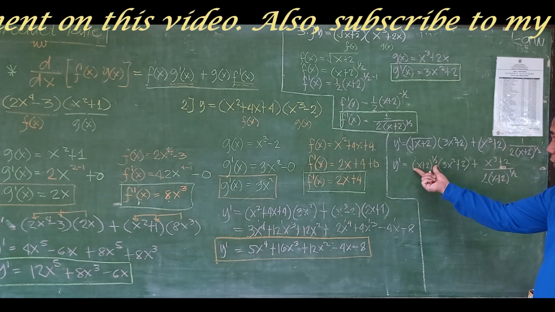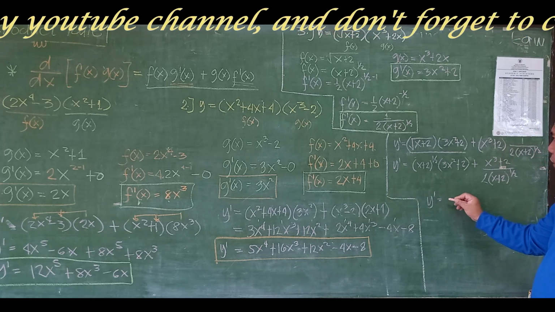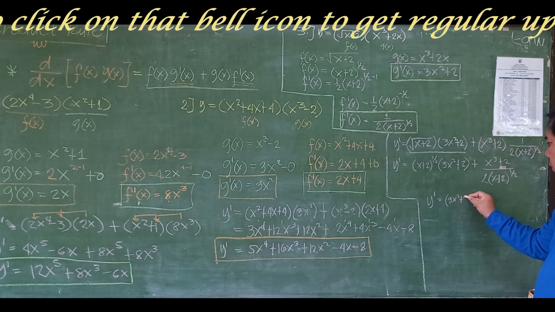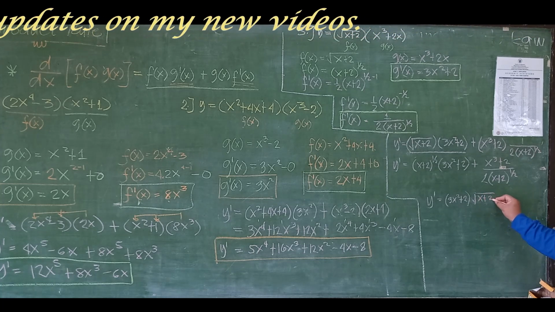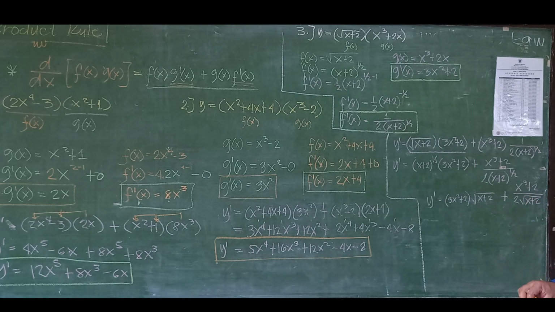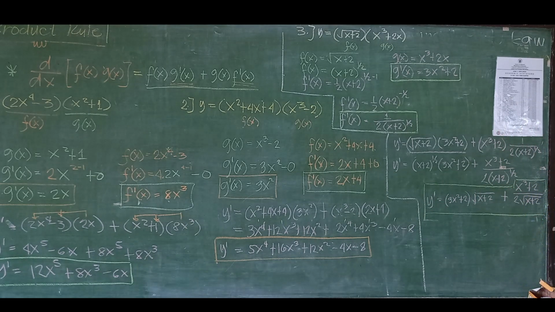Having said that, we can put a final answer. You can copy this one or this one. So we have here 3x raised to 2 plus 2 times the square root of x plus 2, plus x raised to 3 plus 2x over 2 times the square root of x plus 2. We can have this one to be our final result. Now you might be saying,